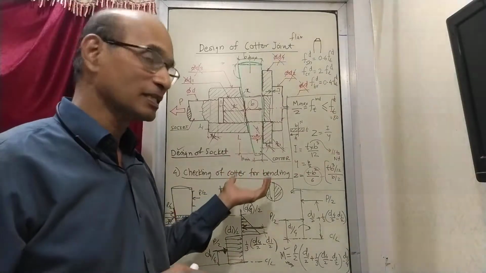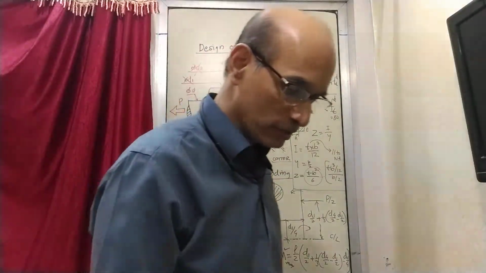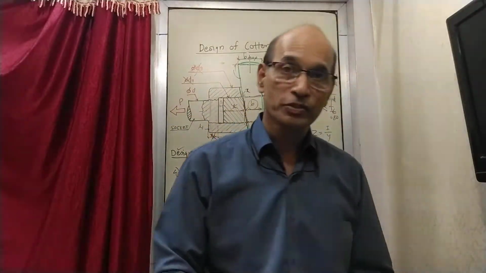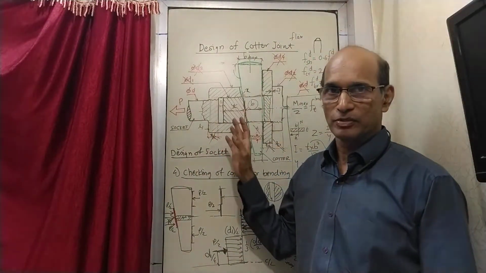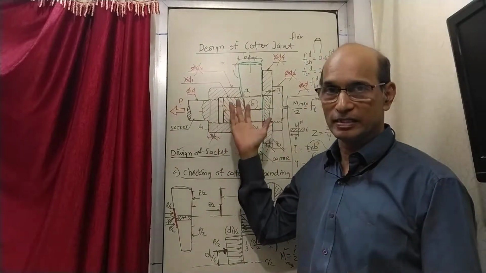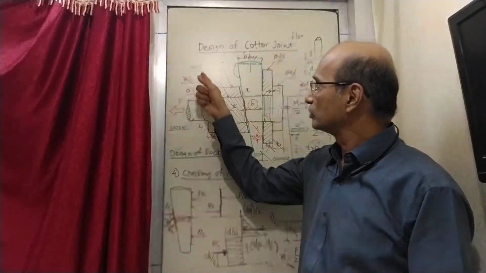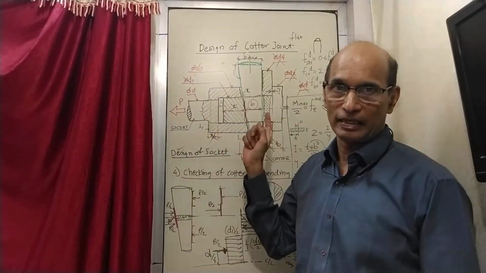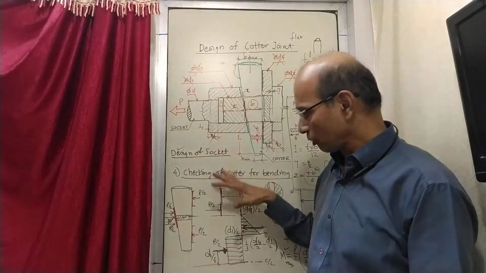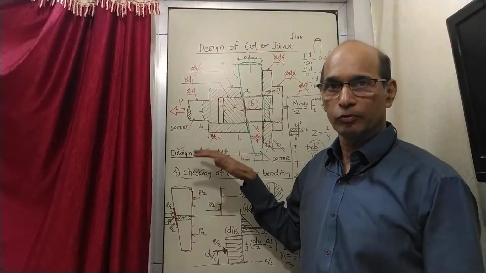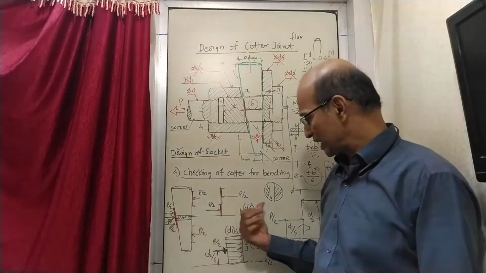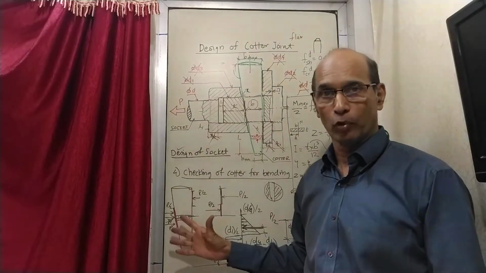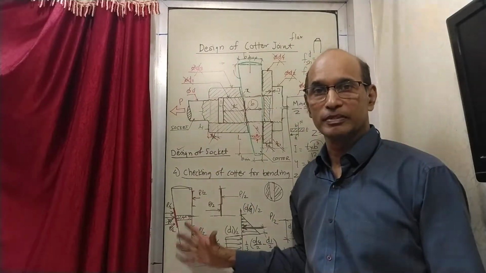Now when you do this exercise, first you have to draw the sketch like this without any actual dimensions, because we have not yet designed. So draw the sketch and show these unknowns D1, D2, D3 like that. Then you do the write-up, all the work we have done, in the form of a write-up. So write everything, write all the calculations. The sketches are also very, very important. Without sketches this write-up is incomplete.